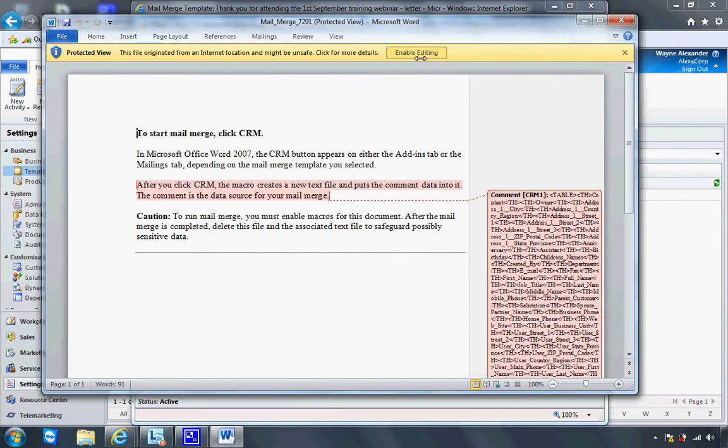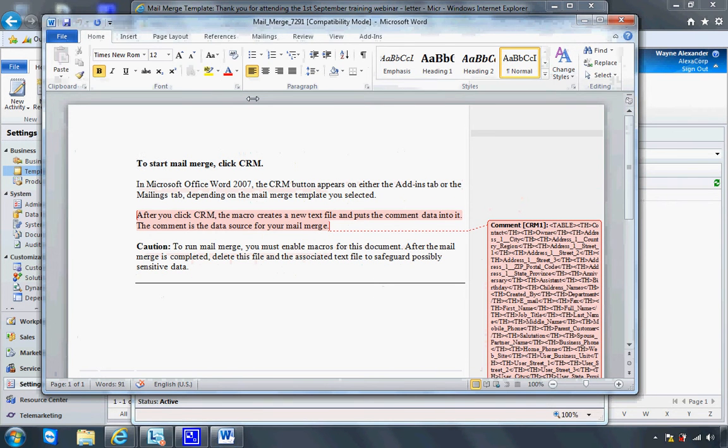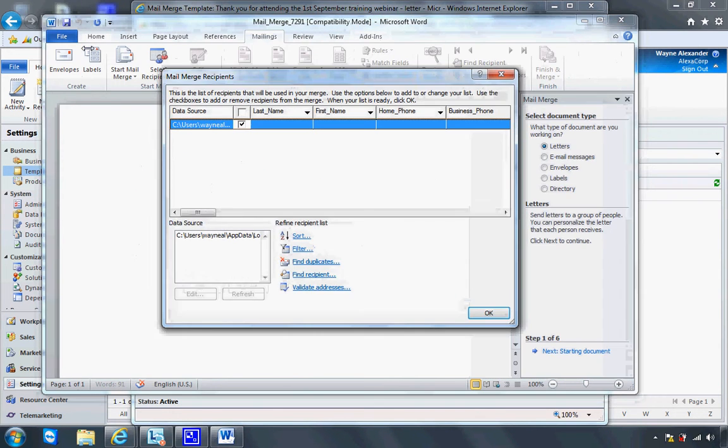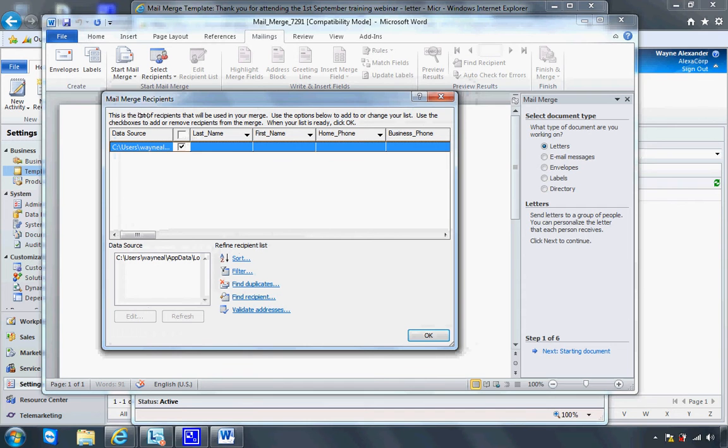I'm going to hit enable editing, then I'm going to just select enable content, and last but not least, in the add-ins tab there's a button for CRM, and that creates the link between CRM and your Word document. By default the system will show you a list of all of the mail merge recipients. Now because we're creating the template, there will be no mail merge recipients, so I'm just going to go ahead